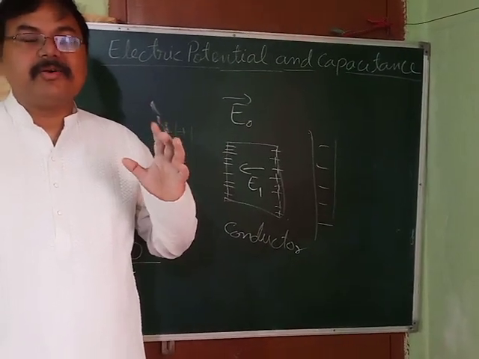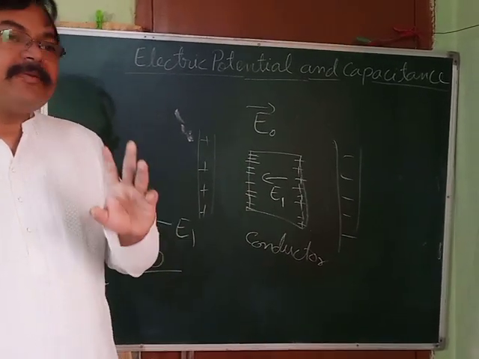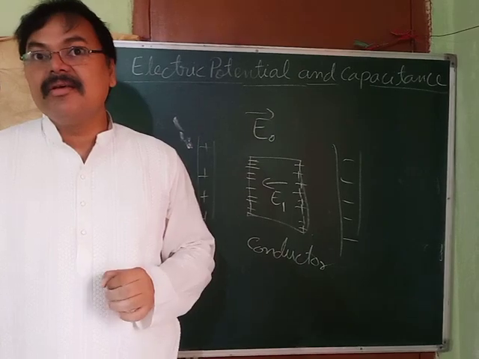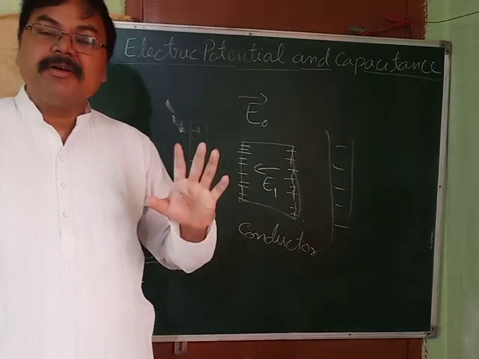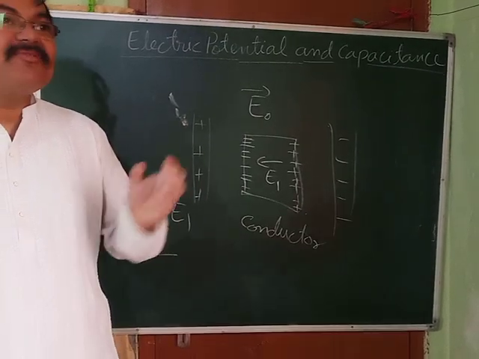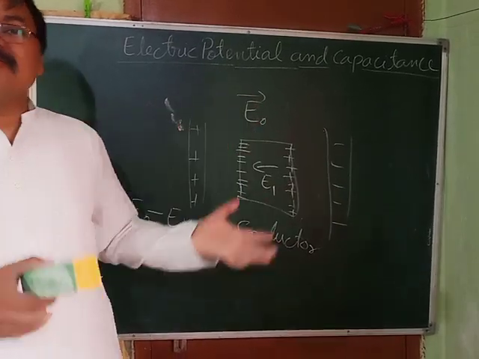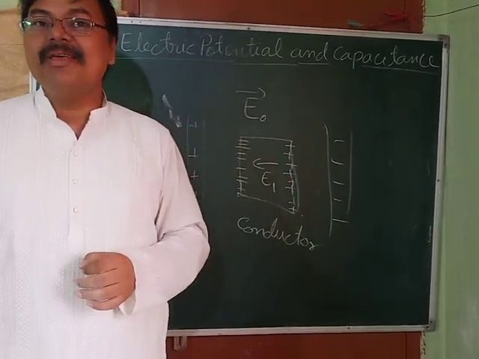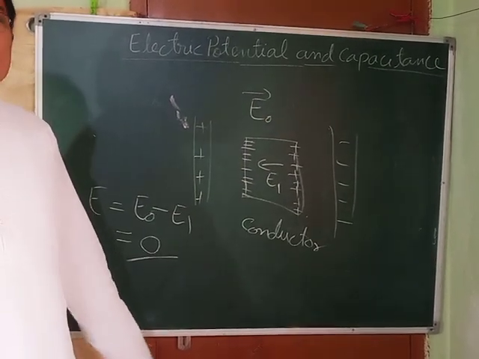Now we are going to discuss the applications of this shielding effect. See, the first and very common application is that when there is a thunderstorm and lightning, rather than standing near a tree, it is safe to be inside the car, because the body of the car is metallic. So if the lightning falls on the car also, you will be safe. Why? Because whatever field it produces will not affect the inside. Metal is going to produce an equal field in the opposite direction to cancel and balance that. So you will remain safe.